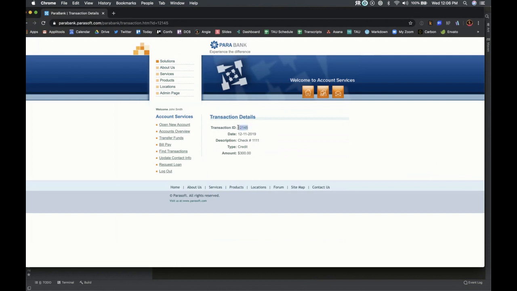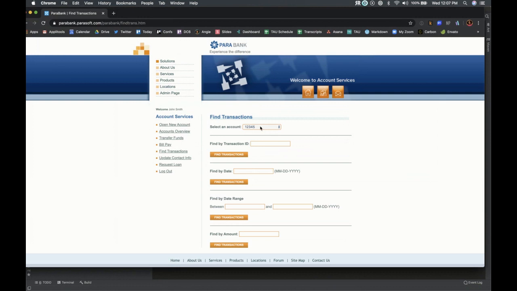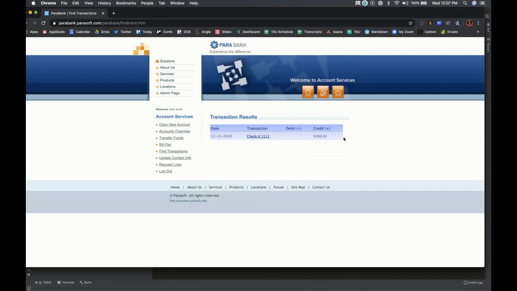I want to do a find transactions and verify this. We're going to put the expected data inside of a spreadsheet, our test data, and then read from that spreadsheet within our code to verify what's supposed to be here.